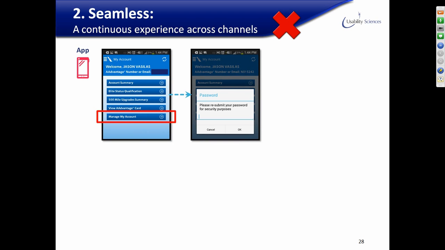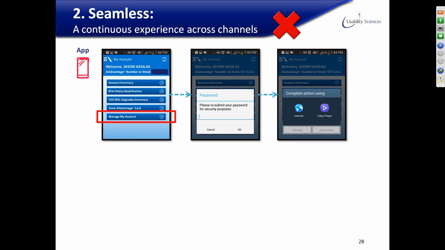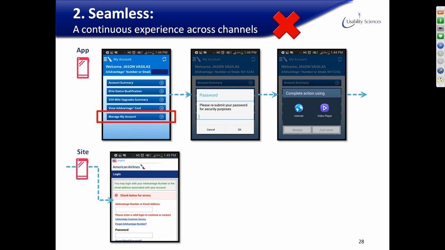I wasn't quite sure why I was entering my password since I was already logged into the app, but I went in and did so. I was then prompted with an option to open up a browser, so I went ahead and followed along. This then took me over to the mobile site, so I left the app and went over to the mobile site. I didn't realize that was happening at first, but then I was presented with an error screen